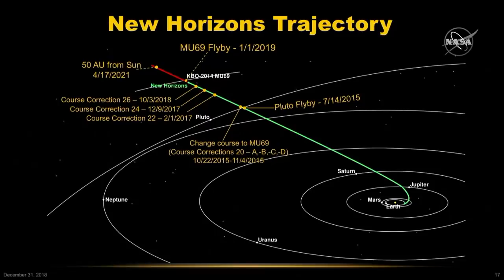I compared this to essentially trying to hit a target the size of a golf ball if you were to start from the West Coast and try to hit your bullseye on the East Coast. So with that, I think everybody's excited to see some science imagery. I'll turn it over to